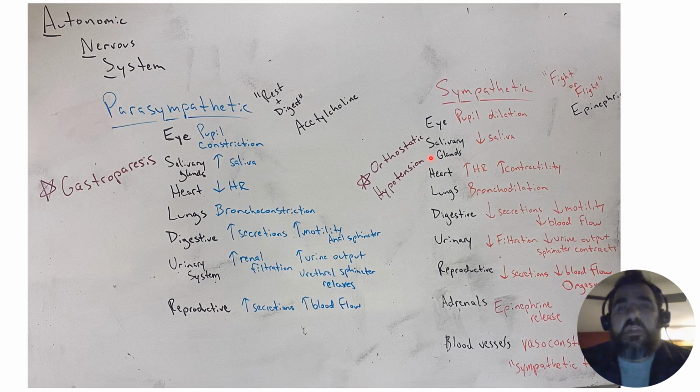So problems with the sympathetic nervous system, the example I always use, is orthostatic hypotension. When you go to stand up really fast, everyone's experienced it, you get a little dizzy. Why? Blood pressure drops because you decrease venous return to the heart because of gravity, so there's less preload. So sympathetic nerves have to kick in to cause some systemic vasoconstriction and also potentially increase your heart rate to increase your cardiac output to make up for that lack of preload,